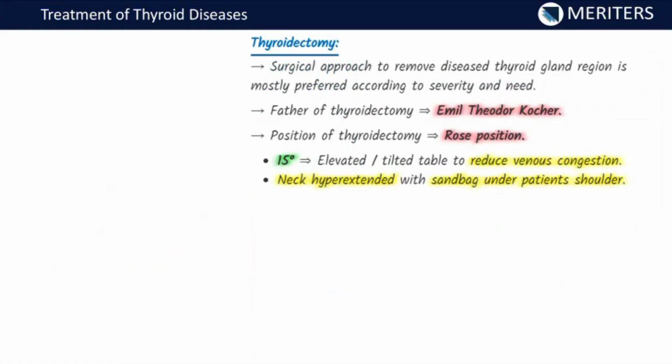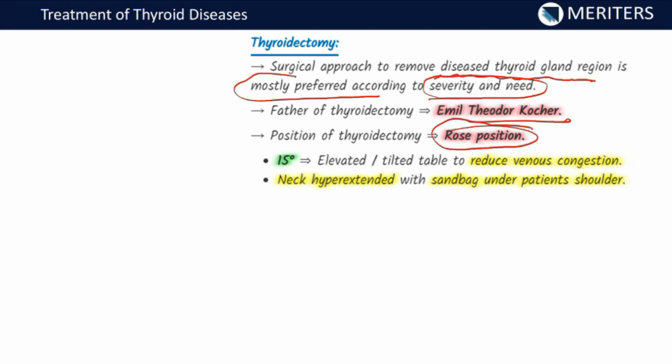Now next is thyroidectomy. Thyroidectomy simply means removal of the gland. The surgical approach to remove a diseased thyroid gland is mostly preferred according to severity and need. The father of thyroidectomy is Theodore Kocher, and the position is important; we call it Rose's position, or the tray position. I will show the picture. It is how this position is achieved by elevating